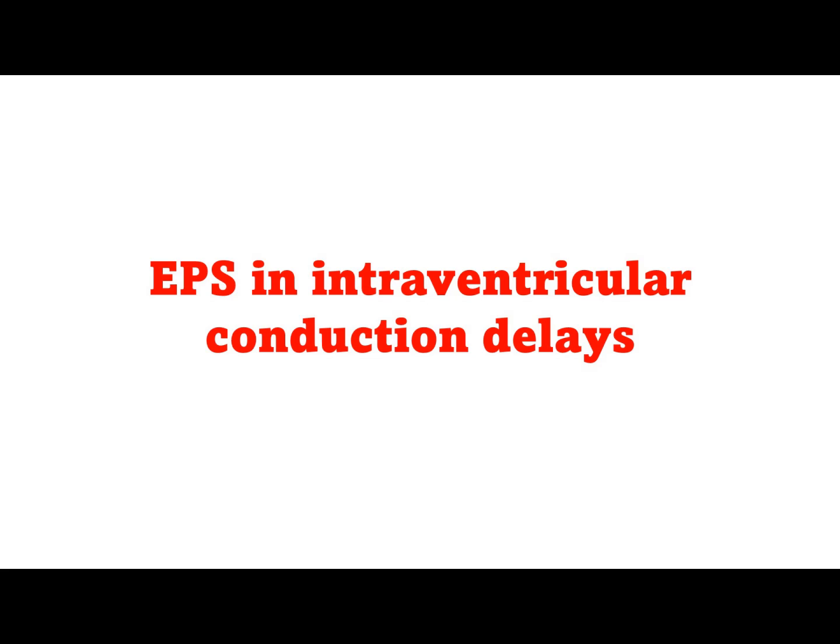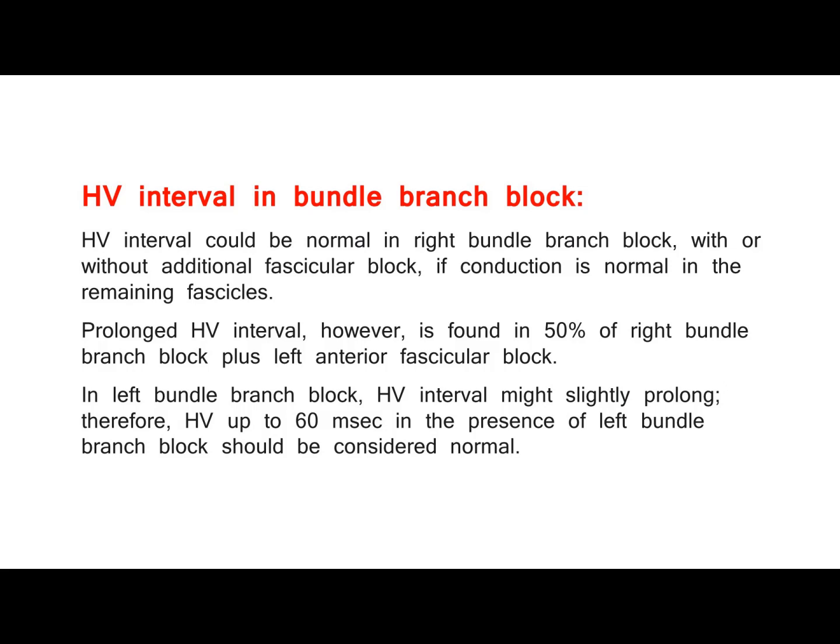EPS in intraventricular conduction delays. HV interval in bundle branch block. HV interval could be normal in right bundle branch block, with or without additional fascicular block, if conduction is normal in the remaining fascicles. Prolonged HV interval, however, is found in 50% of right bundle branch block plus left anterior